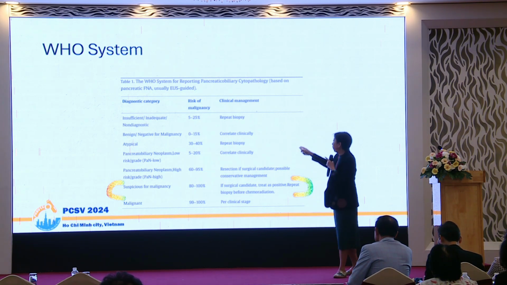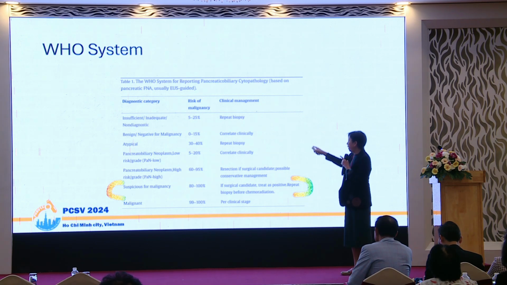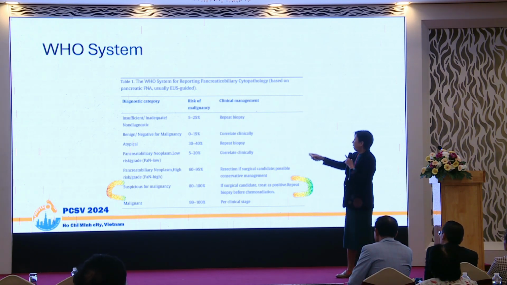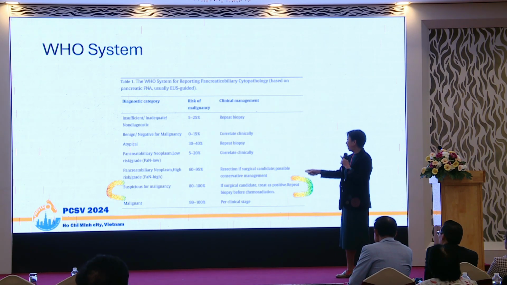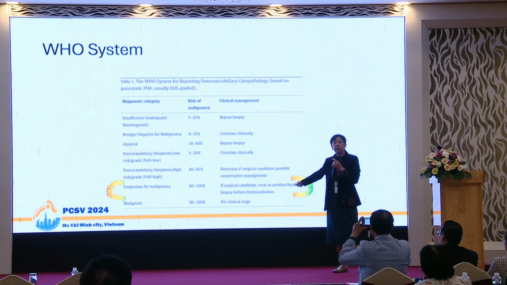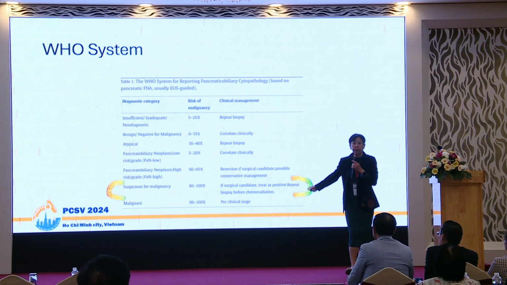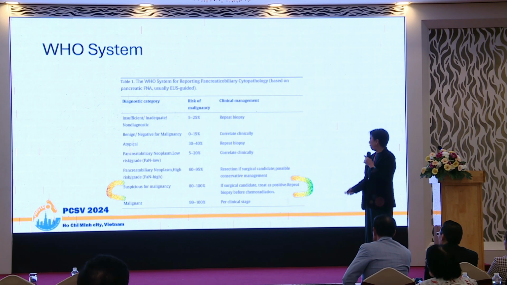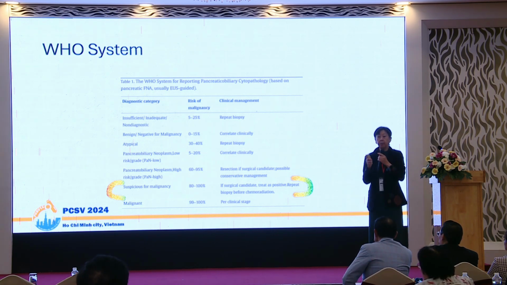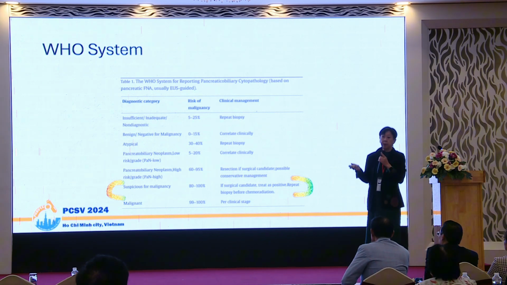So the clinical management would be to repeat the biopsy for 1 and 3. And if you think it's negative for malignancy, benign, but you have a lesion, better correlate. And then you have pancreatic low risk, pancreatic high, and suspicious for malignancy and malignant. So please note that in some hospitals there is a difference in the surgical management for suspicious, especially if your needle has gone into a pancreatic mass which looks malignant and you're calling it suspicious to about 80-100%